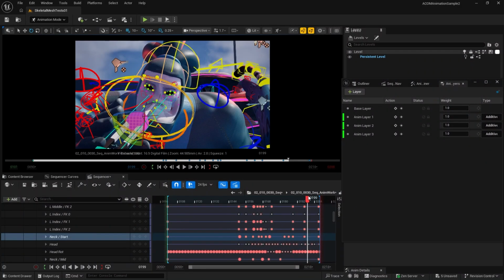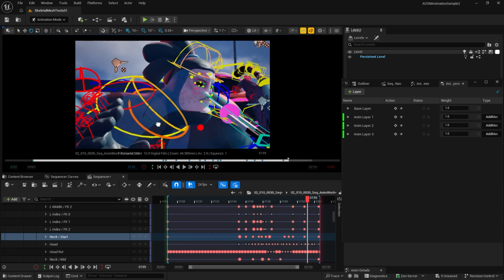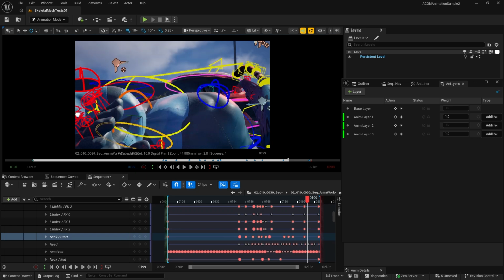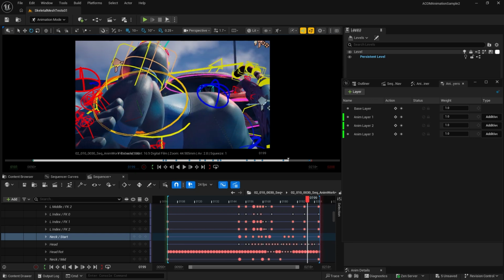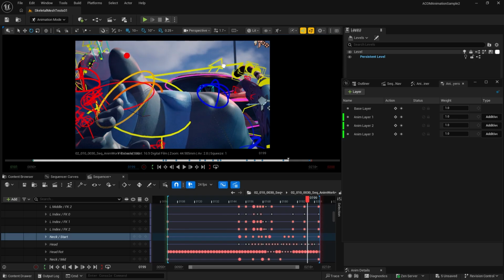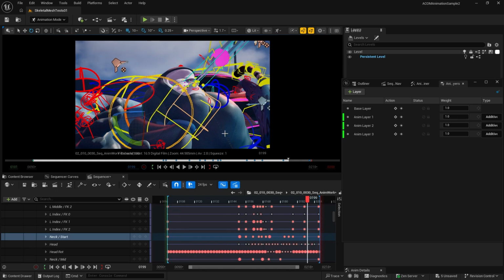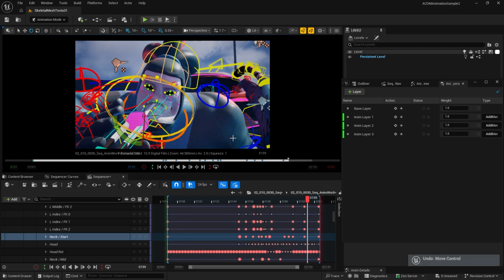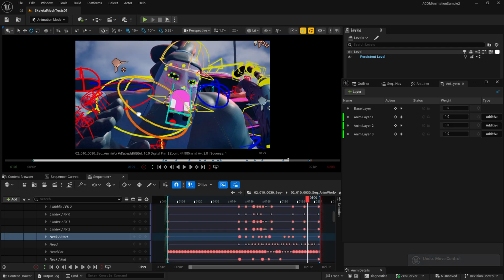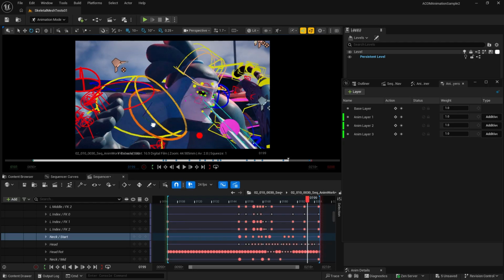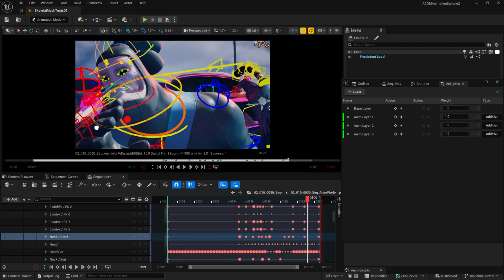I am now in sequence 30, and in this sequence you can see that the control rig is activated again. I have selected the neck moving part, and if you start moving the part, you can see that the physics of the hair part is already active. So this is also something new. Of course, I have broken the neck of the character, but if you just make slow movements, you could see that the hair part is jiggly.